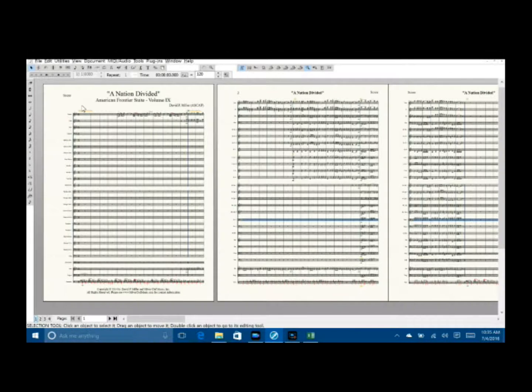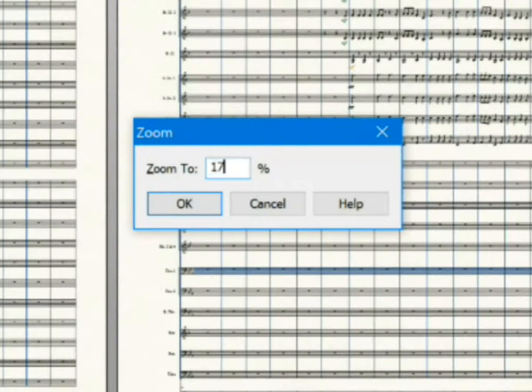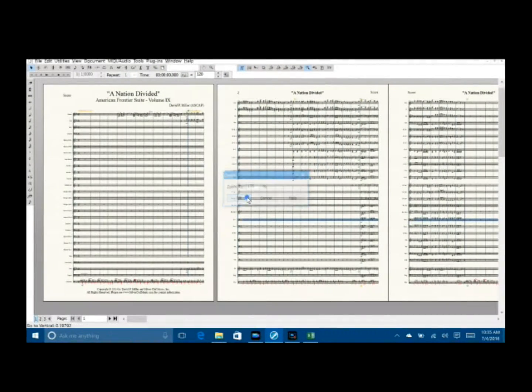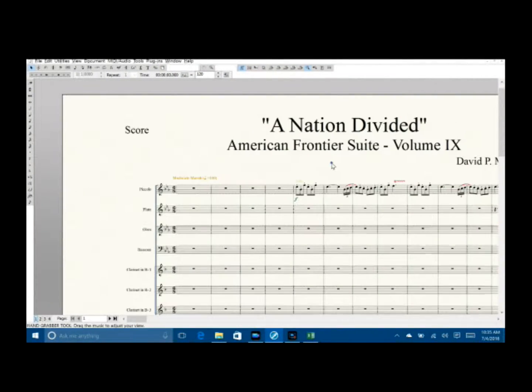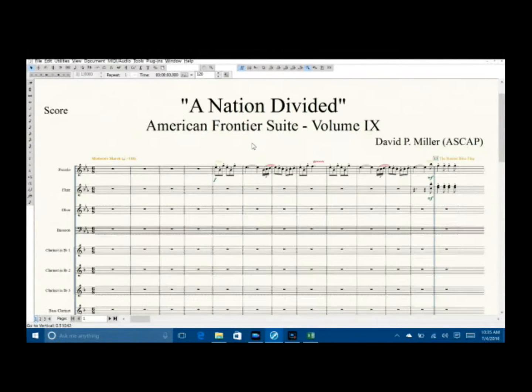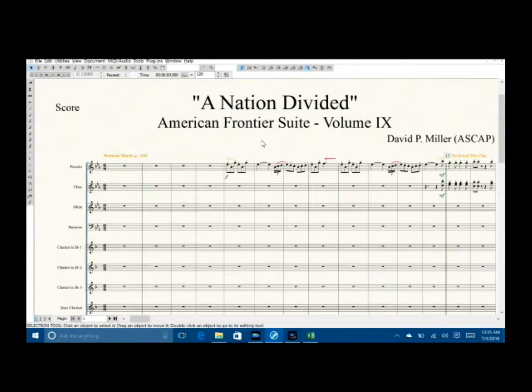Now to get a custom zoom, hold down the control key and press your 0. And I'm going to try a 175% zoom and press OK. And now we're going to right click, drag. That looks a lot better.